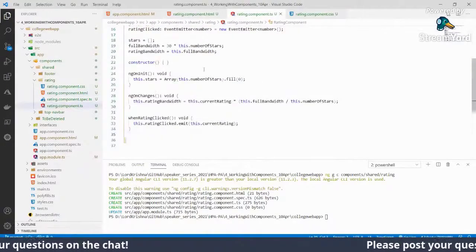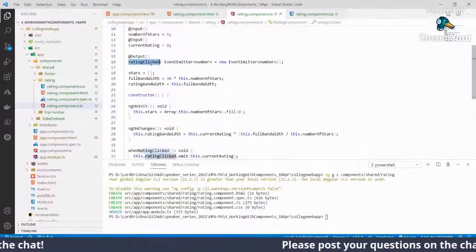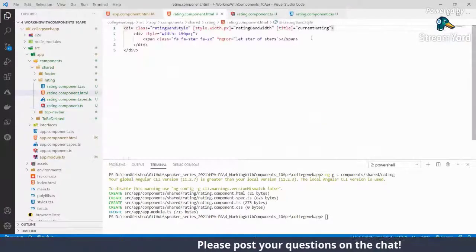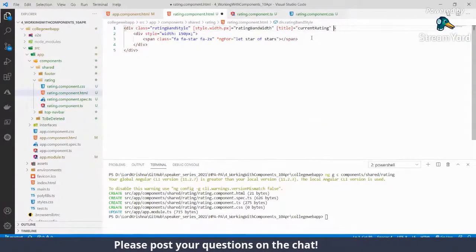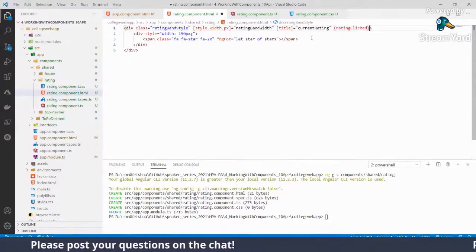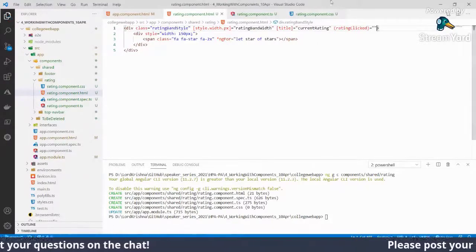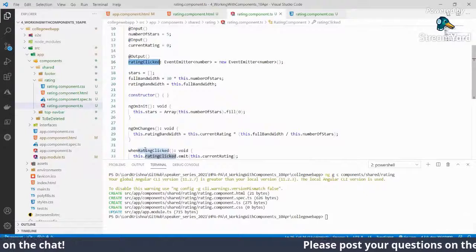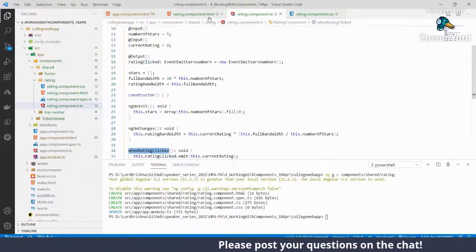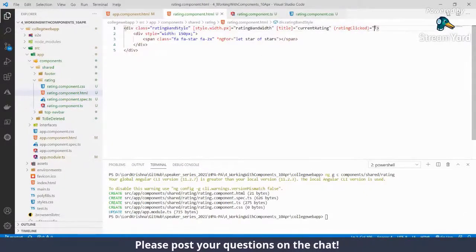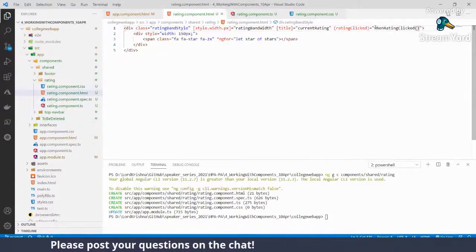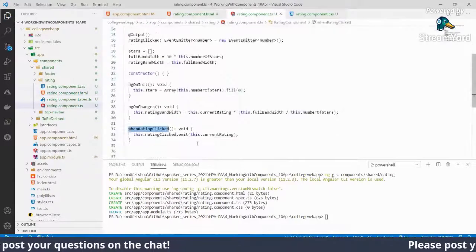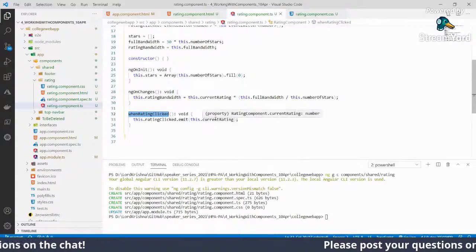We know that we have created an event, rating clicked. So we can come back over here and mention that rating clicked is a method which we are invoking. When the rating clicked method is called, it is going to emit the current rating.